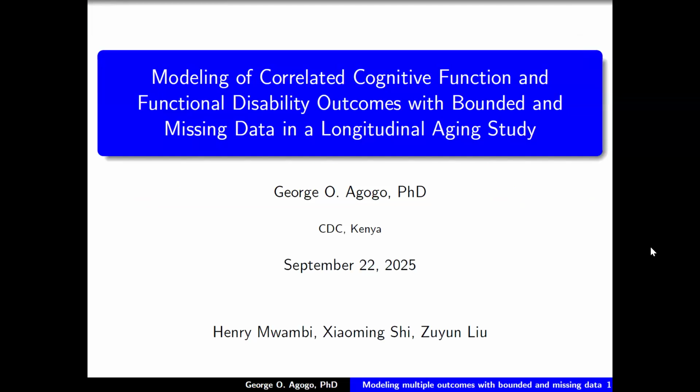Okay. So thanks Terry for the great introduction. And I also want to thank you for the opportunity to present part of my work that I did with my collaborators 2 years ago. And I also want to thank you for the clear introduction to joint modeling. I think that's a very nice preamble to the talk. And just to say is that this methodology is just one of the ways to model